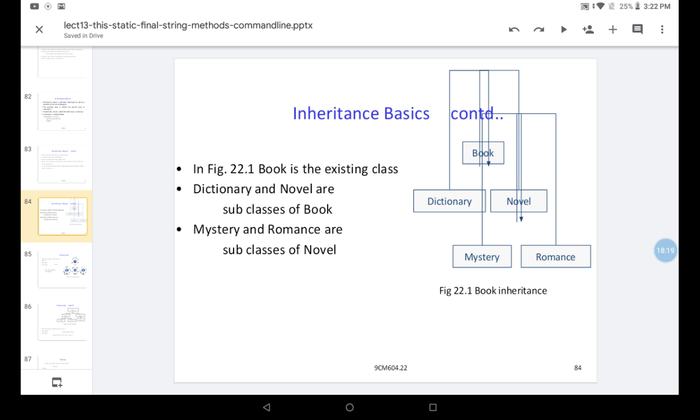Book is a broad term, divided into two: Dictionary and Novel. Then the broadness is reduced from Novel to Mystery and Romantic novels. Here it becomes even more specific, as features are added to each class.